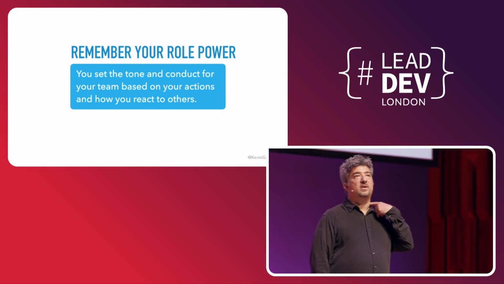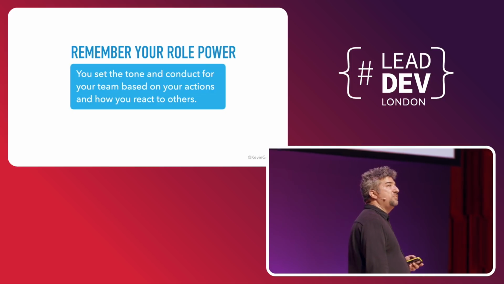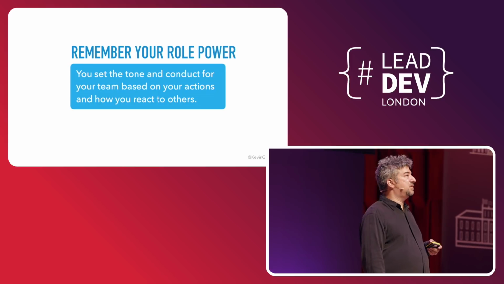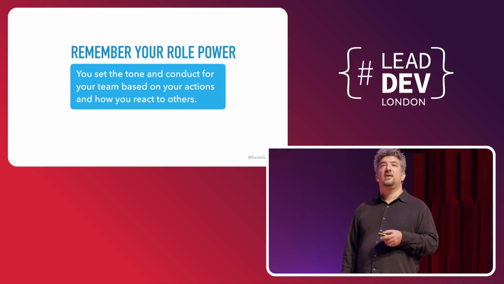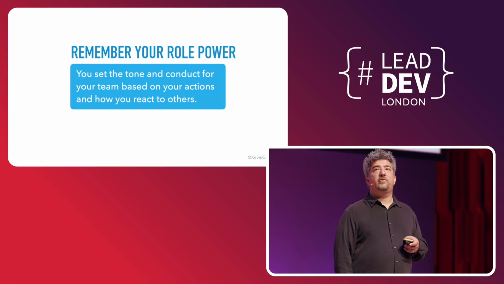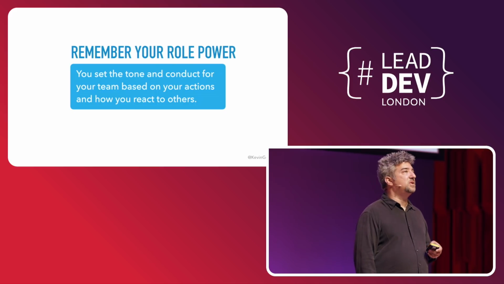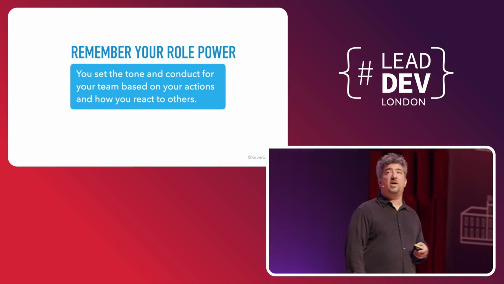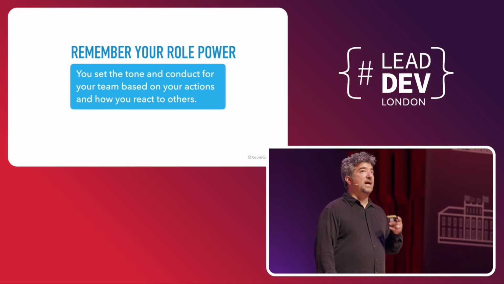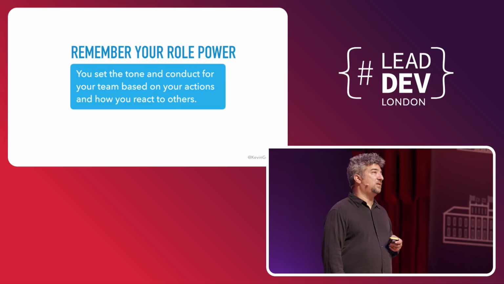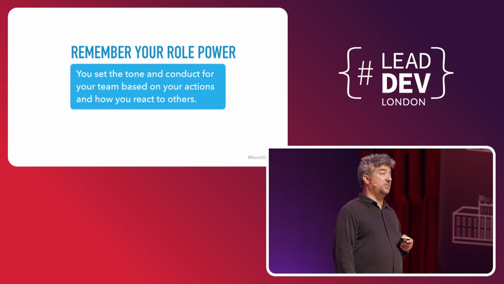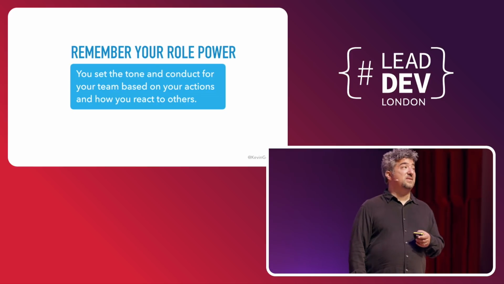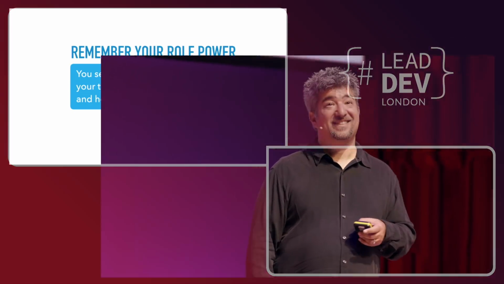If you think about the people you've worked for, you can remember every good boss you've ever had, just how they made you feel coming into work every day. You can remember them for your whole career, and as you move into management, you want to be like them. You want to take those traits from them that you admired so much and made you so happy. And you'll remember every bad boss as well, and you'll remember them for your whole career, and you'll tell stories about them. So you don't want to be the bad boss. You want to be the good boss.